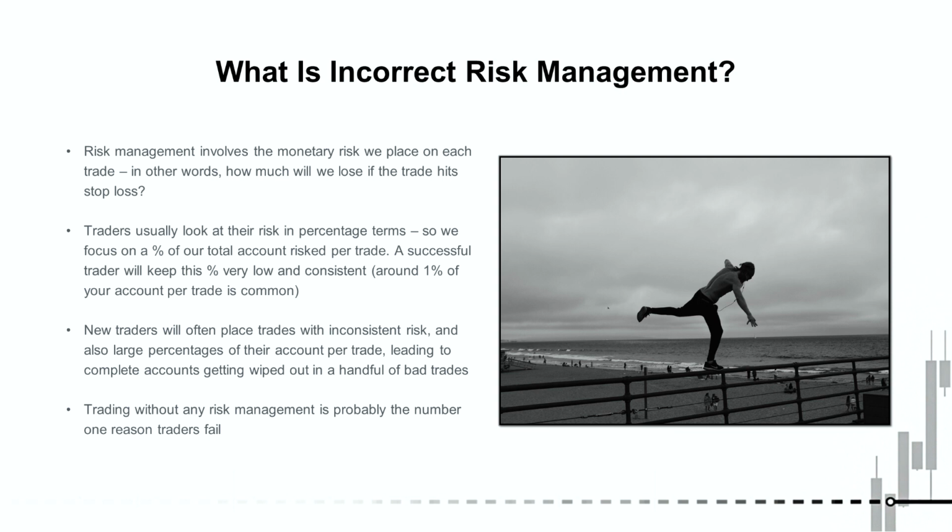And the first area that traders tend to make mistakes on is not managing that risk percentage consistently. So with every trade, what we should be aiming to do is have a consistent percentage of our account dedicated to each trade. So if we lose a trade, we know what percentage of our account we're going to drop down by, and therefore protect ourselves from drawdown. Also by keeping that percentage very low. The mistakes tend to come when traders don't manage this at all, and suddenly you're placing trades using 20% of your account, 30% of your account. I've even seen higher risks, and obviously with that,